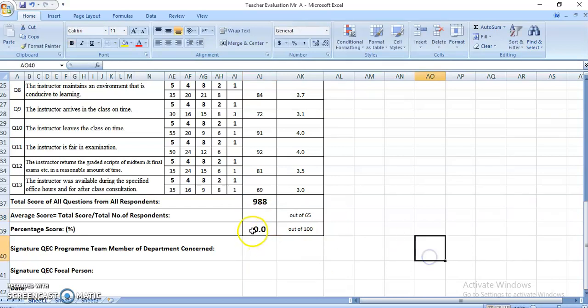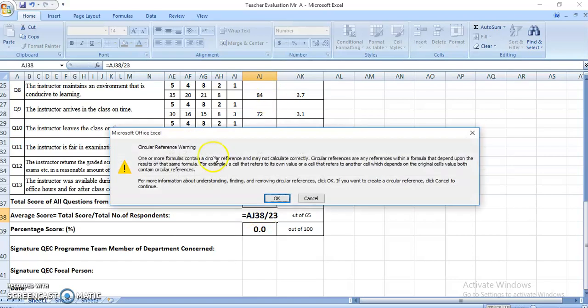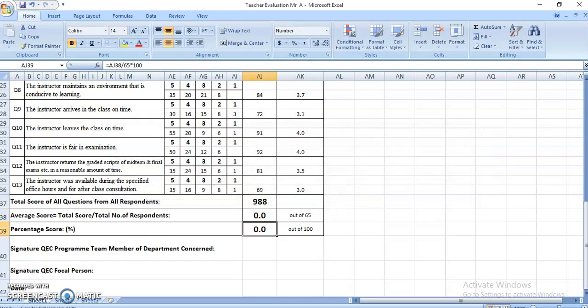Let's say you want to use the formula here. So average score. Press the equal to sign, as you can see here, then cell number AJ38. So type AJ38, and then after this total number of respondents divided by 23, and just a minute, let me check.